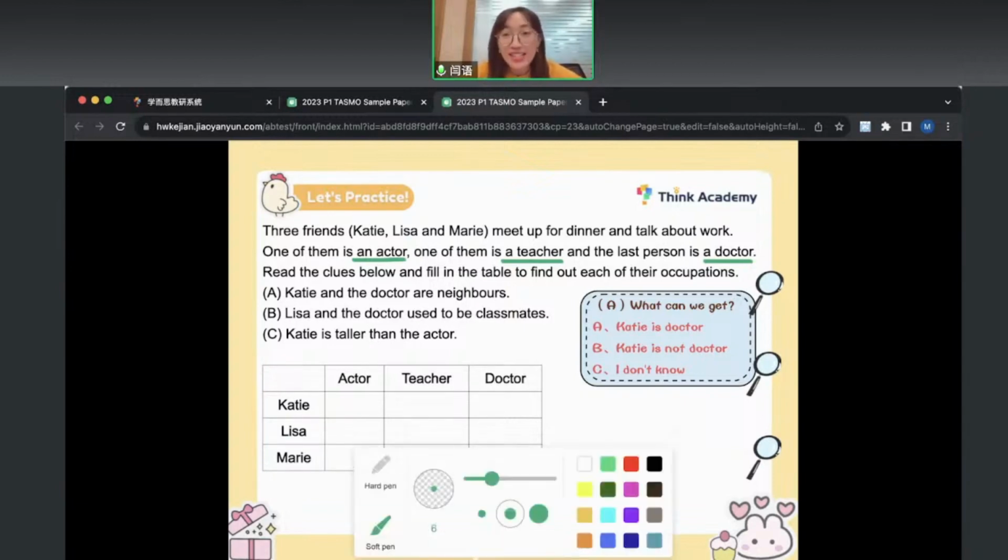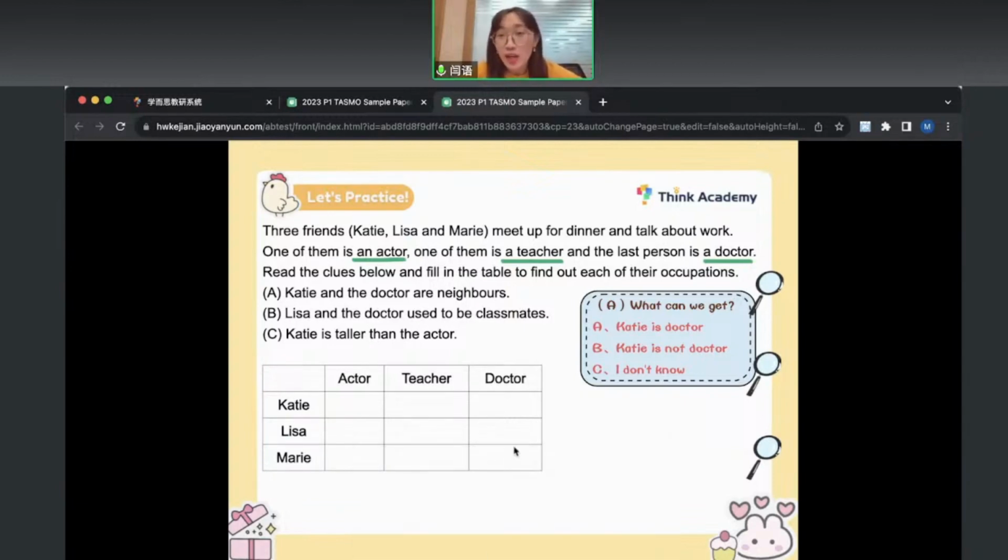And this is what can we get. So here, look, since we already know that Katie is not a doctor, what should we do? You just draw a cross in the table. Understand? 一定注意一下这个部分啊，一个人是不可以跟自己当邻居的。